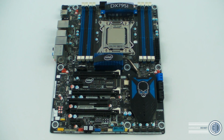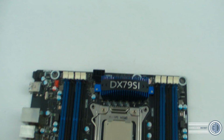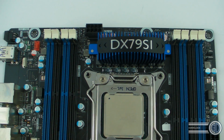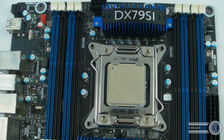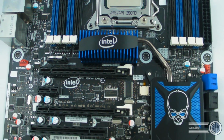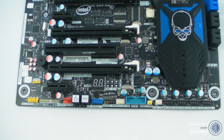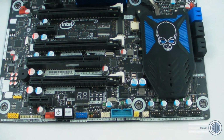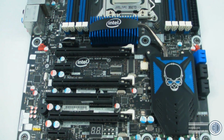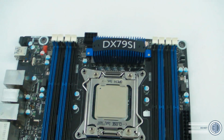Right then, guys. We'll have another quick look at the board. I'll start at the top. Don't forget you can pause at any moment. Although I don't normally cover the Intel boards very much, because I generally just use these for my stock testing, and then we base all the other motherboards on it. But this motherboard is actually quite a grower